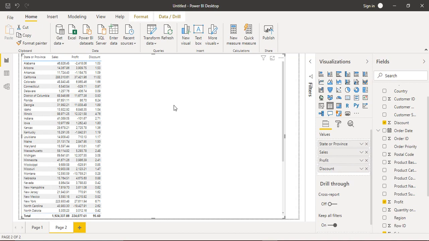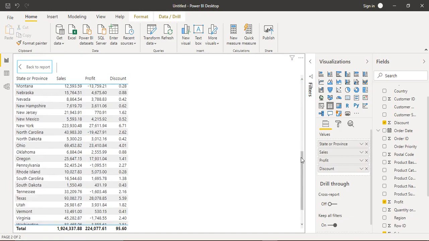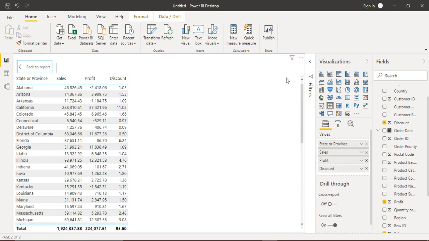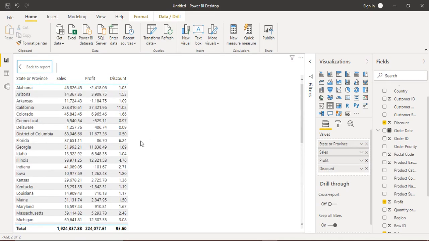Alright, so we have got all these options, and one interesting thing to note over here is in this table we have got these four headings, and along with them we have also got a total. So this is the default layout of a table. If you just go to the focus mode, then you can see it in a clear way that all of them are visible now in a much more readable form.